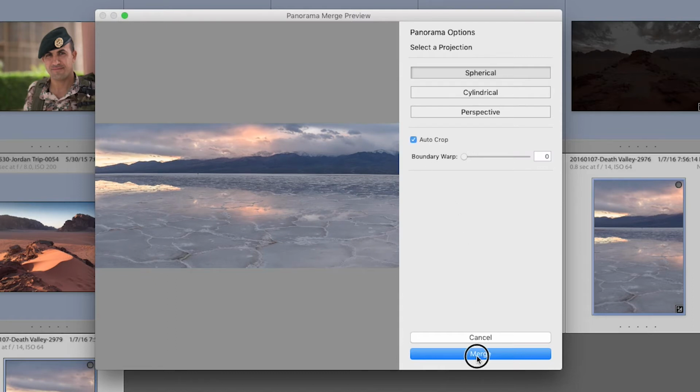So let's go ahead and merge that. It's going to take some time to do this because now it's taking 5 images, and these are again raw images, and it's applying the chosen settings that I have to the panorama, and using its own algorithm, it's stitching that into a single image. And as you will see shortly, it's going to end up creating one DNG image.